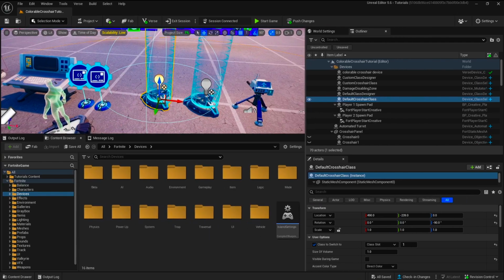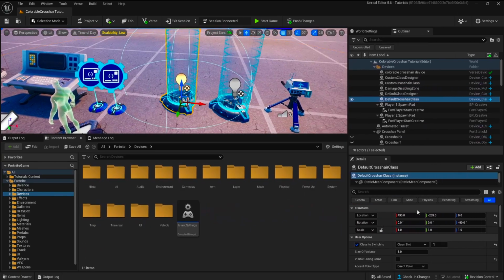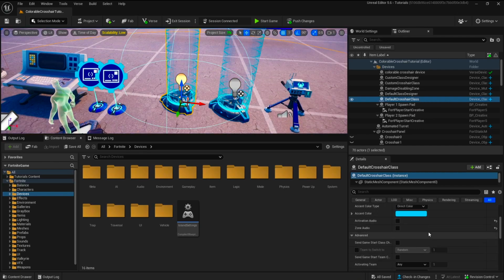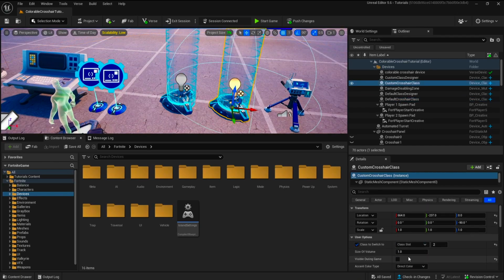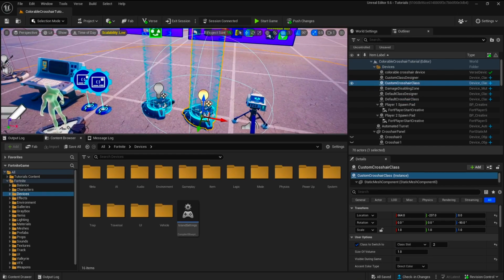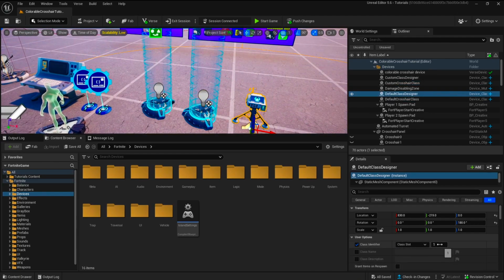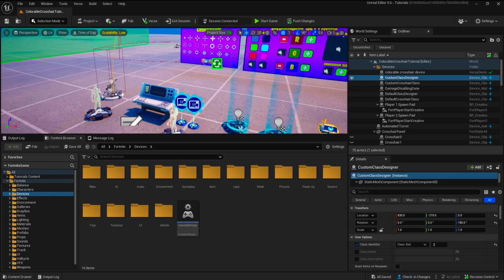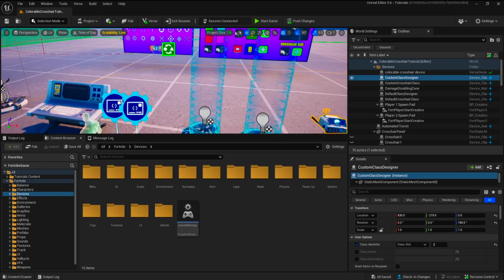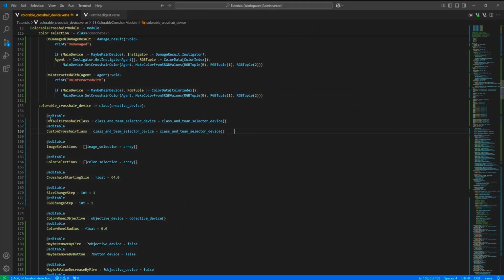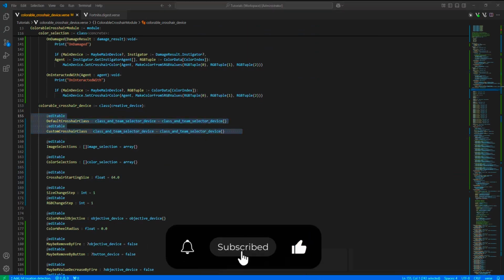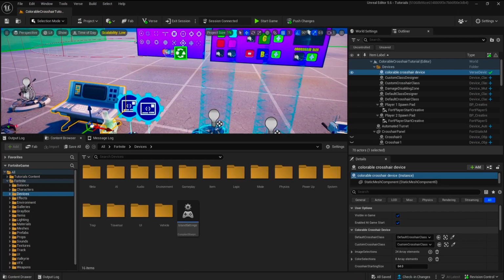These are the class selector devices. So you need to have the default crosshair class selector with class slot 1, and the custom crosshair class selector with class slot 2, and then you need to have the default class designer set to 1, and the custom crosshair class designer set to 2, whatever. And yeah, and then when you set the class selectors to the device,